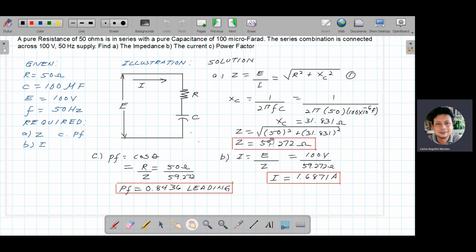So, Z is the square root of 50 ohms squared plus 31.831 squared. So, yung impedance is 59.272 ohms. Letter B, I is E over Z, 100 volts divided by 59.272 ohms. Makakakuha ka ng current na 1.6871 ampere. Ito yun. Then,